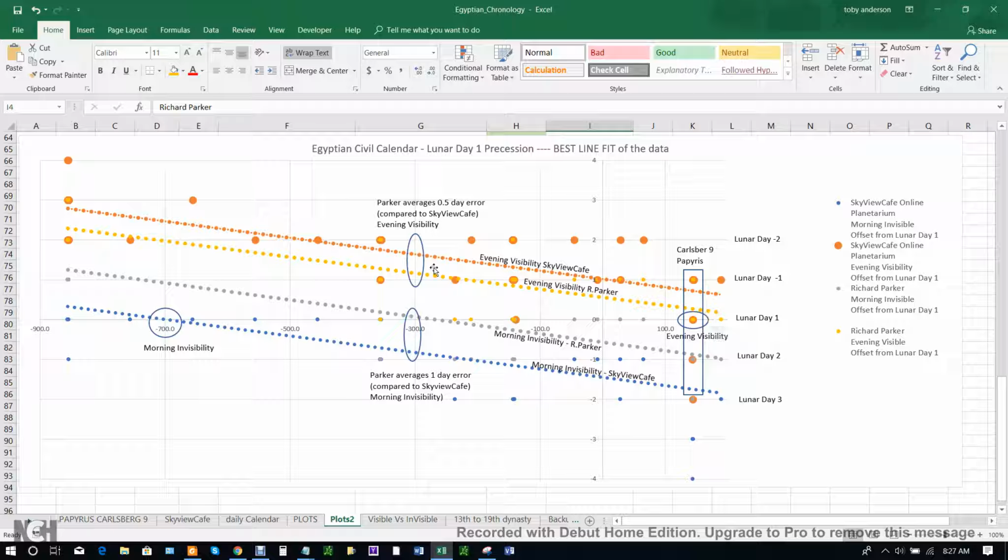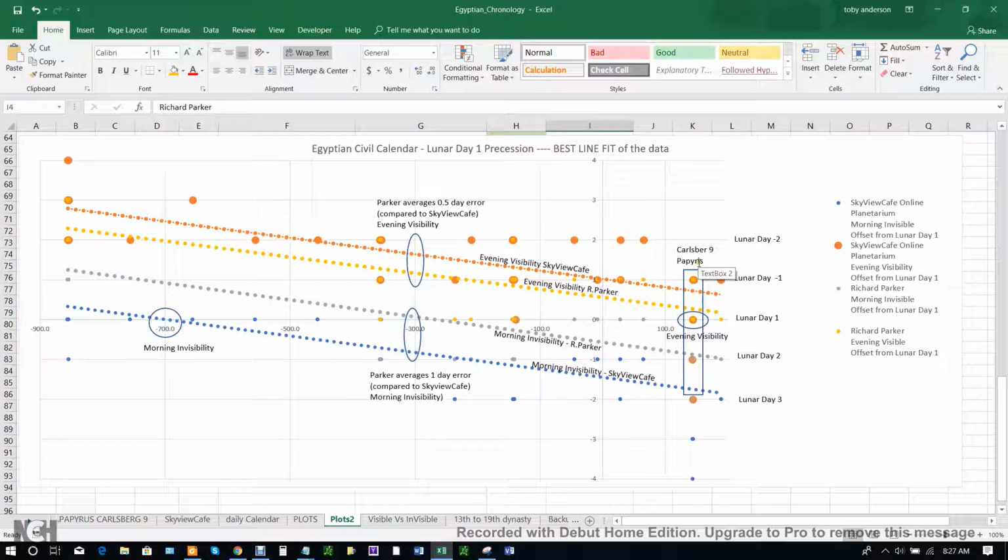If you look at the 4 best fit lines, these 2 come the closest to hitting lunar day 1, and at this point in the time axis, you can see there's 100. So this is about 100. This is the 144 AD point here, where the Carlsberg 9 papyrus